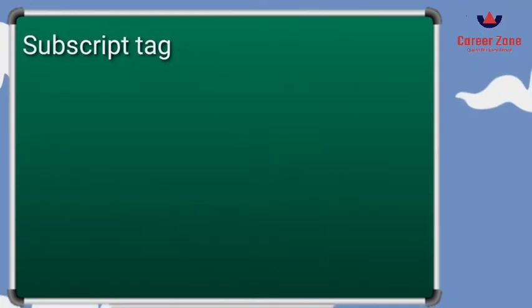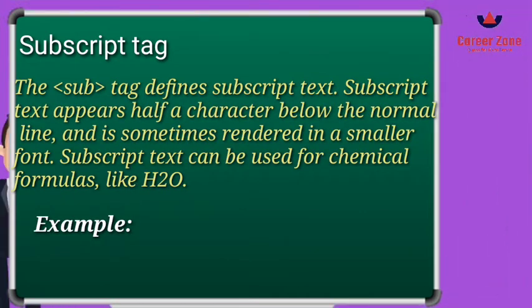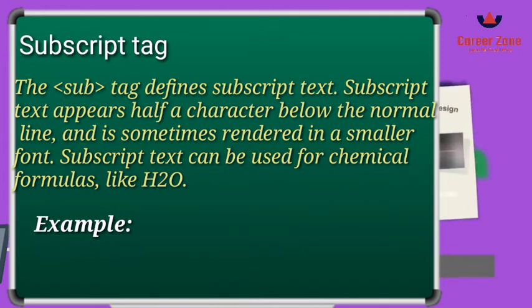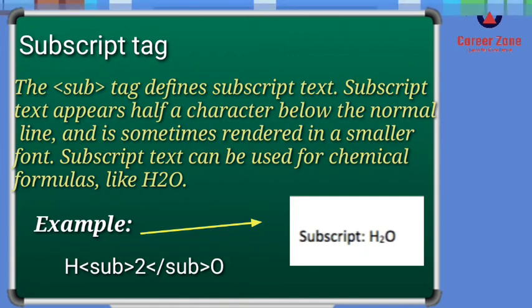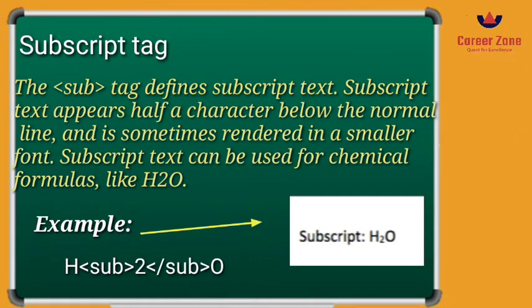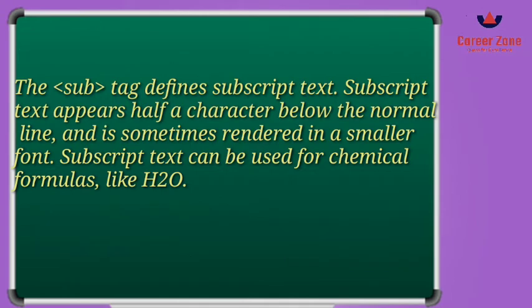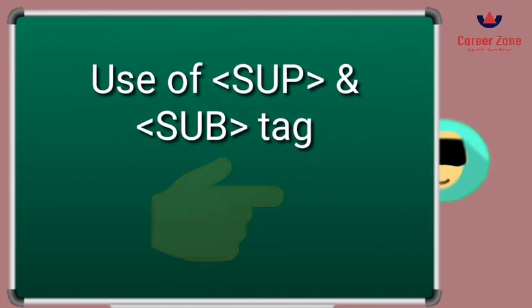So what is subscript tag? Subscript tag allows you to write any particular number or a particular alphabet or a letter below the normal line. Suppose if we write any chemical formula like H2O, where 2 needs to be written below H, so subscript tag will be very helpful in writing formulas like H2O or H2SO4, any science formulas where a few texts are written below the normal line. Use of superscript and subscript will be more clear when you look at the video. So let us begin with the video now.